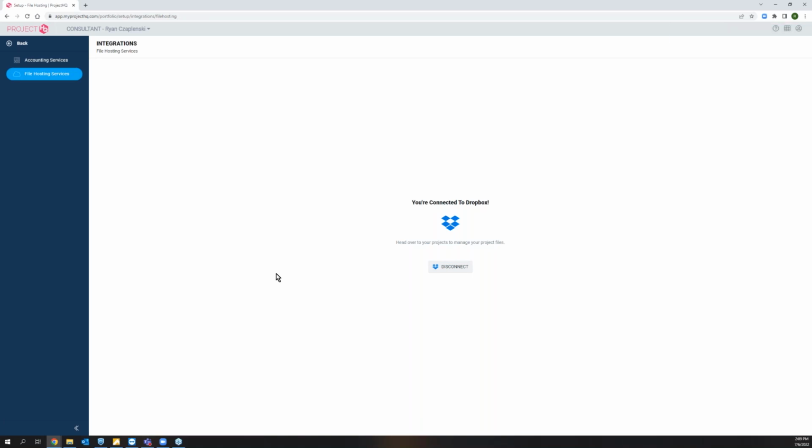Pro tip, if you need to enter credentials, maybe I don't want it to use mine. Maybe it's my personal Dropbox and I want to use the Dropbox account that we set up for ProjectHQ. It is an option to create one Dropbox account that everybody uses if everyone does not have their own. And so if you want it to prompt you for credentials, if I don't want it to just assume me here, I want to be able to enter an email and a password, you can do one of 2 things. Either sign out of Dropbox on your computer and then sign in here,